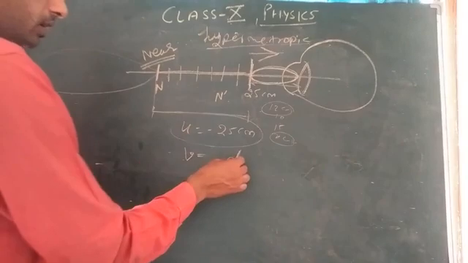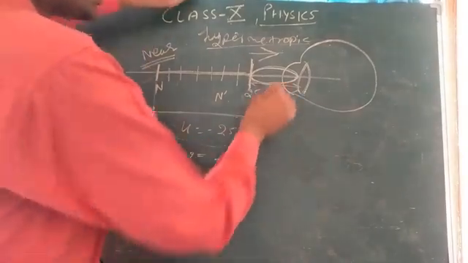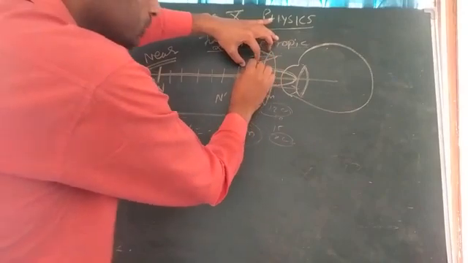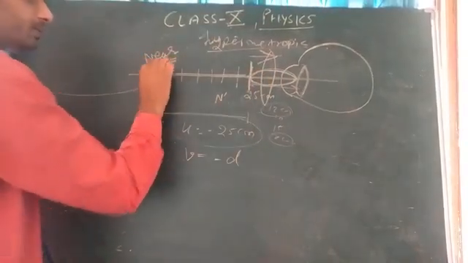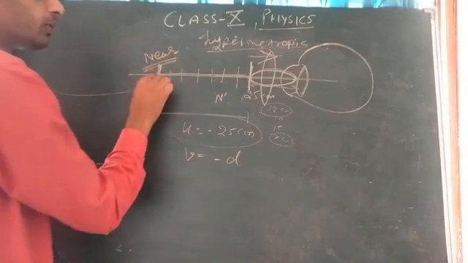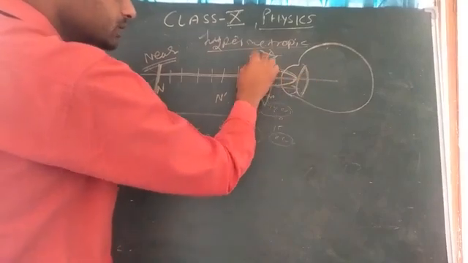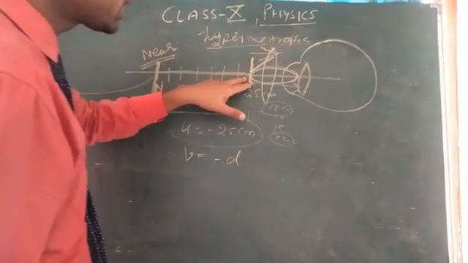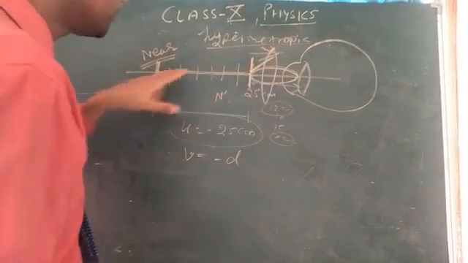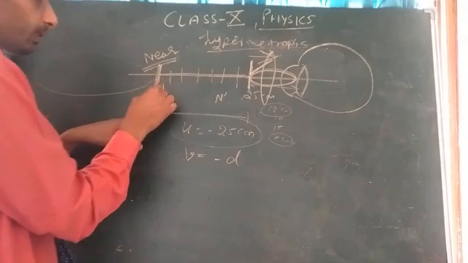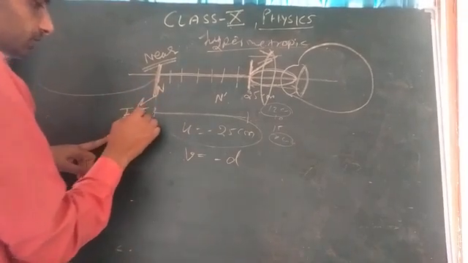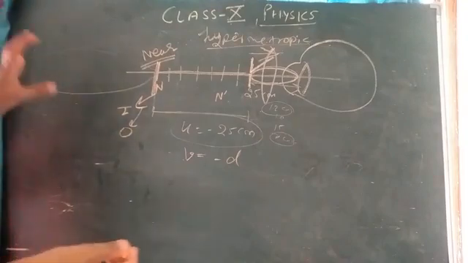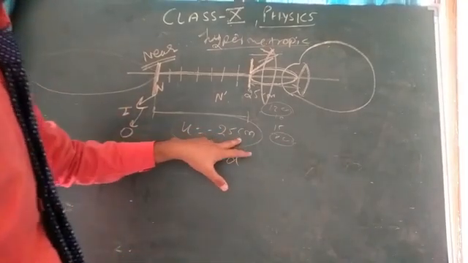So it is minus d, because what do we have to do by using another lens? Where do we have to make the image of this placed object? At this near point. Why? Because this near point is visible for our eye. Who will see this object? The external lens, the convex lens we use. Where will it make the image? At the near point. This image formed at the near point will work as an object for whom? For the eye lens. Okay, so in this type of question you have to take u equal to -25 and the near point is